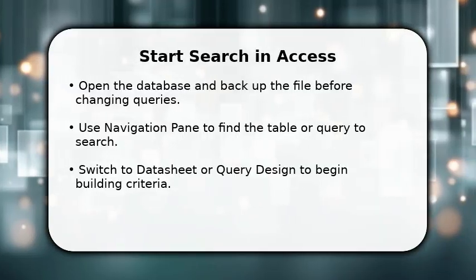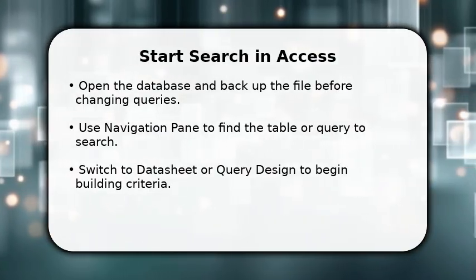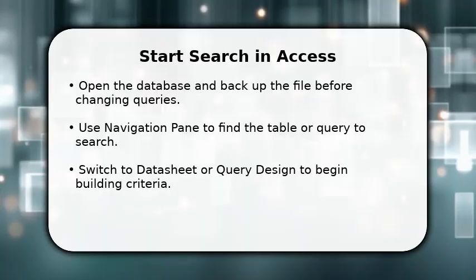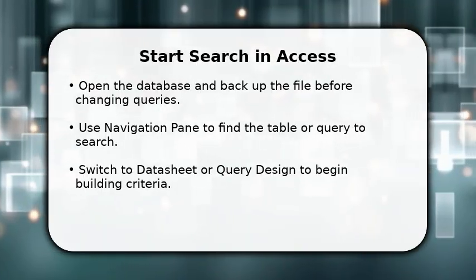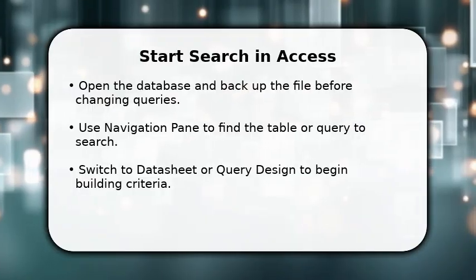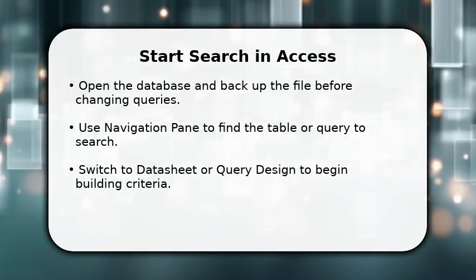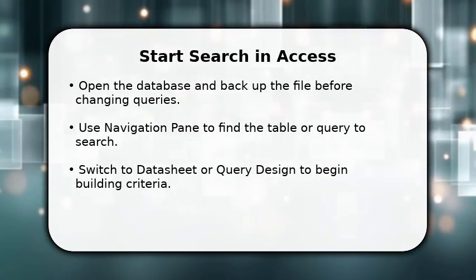You begin by opening the database and immediately making a backup so you can revert if needed. Next, locate the table or saved query in the navigation pane and open it in Datasheet or Query Design View. Once there, pick the field you want to search and enter simple criteria or use the search box for literal